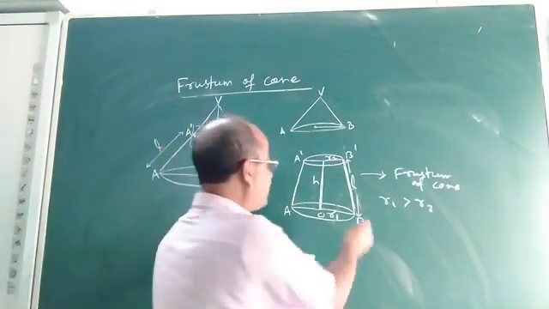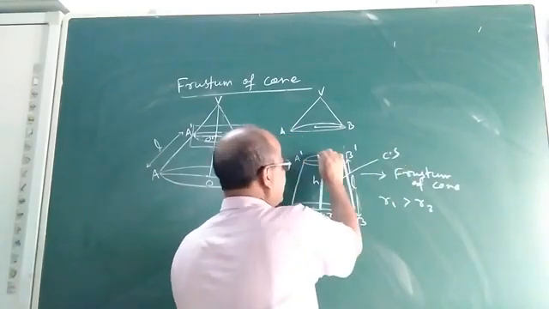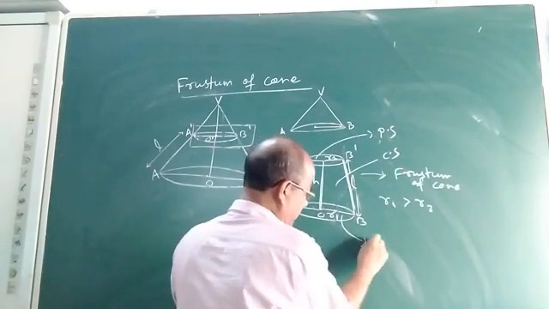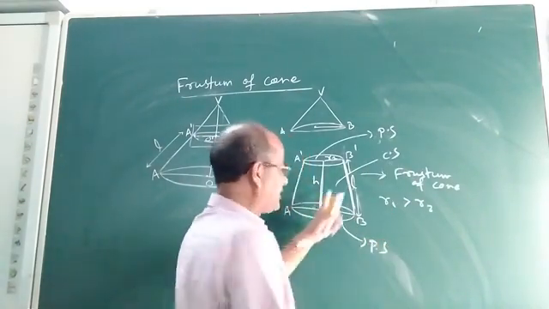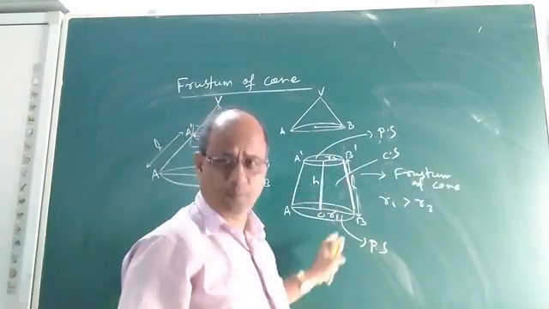Okay. Now the point is, if a frustum of cone is a solid, then it will have some surfaces. This is the curved surface. Look at this portion, it is the curved surface. This circular end is a plane surface. This other circular end is also a flat surface. That means a frustum of cone has one curved surface and two plane surfaces.